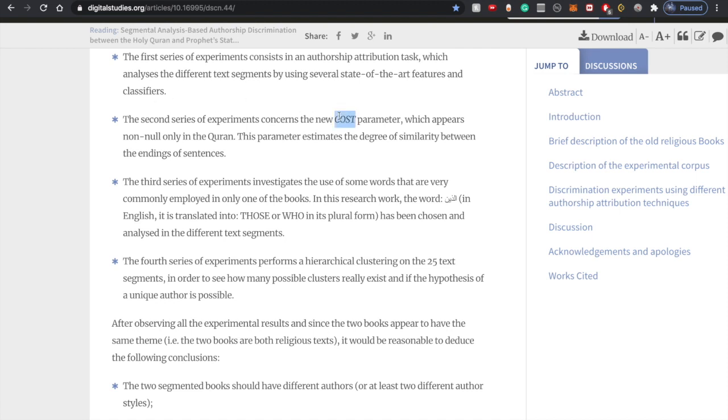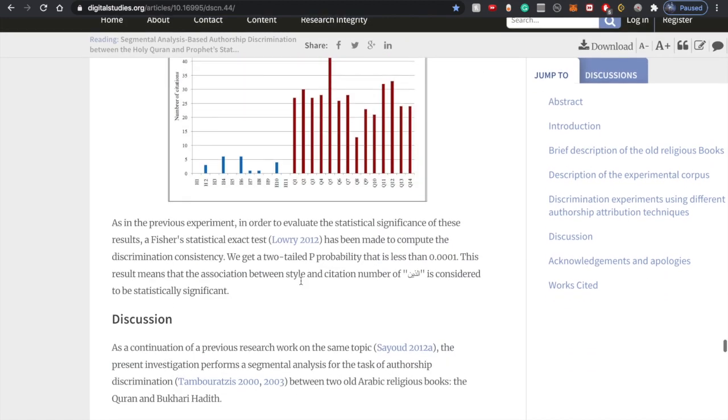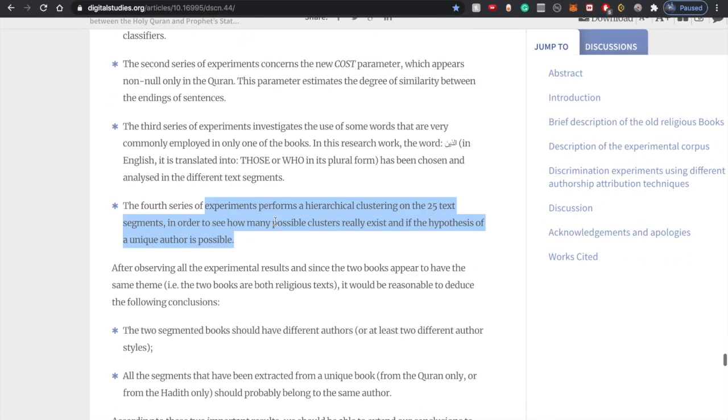Second one, we looked at cost. The third one, we looked at al-lazina, how often that is used, right? And the fourth one performs a hierarchical